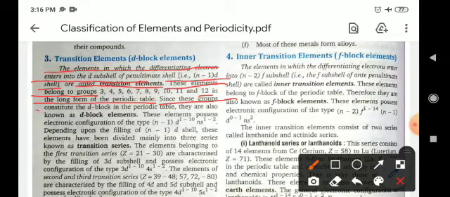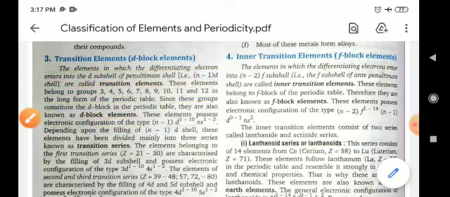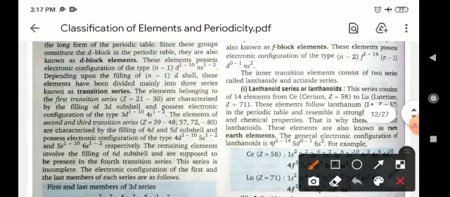Since these groups constitute the d block in the periodic table, they are known as d block elements, and these elements possess the general electronic configuration (n minus 1)d 1 to 10 ns 1 to 2. It means in the d orbital there will be electrons between 1 to 10, and in the s orbital between 1 to 2. Okay. Now, depending upon the filling of the (n minus 1)d subshell, these elements have been divided